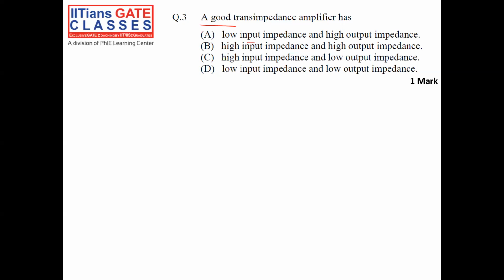Trans means output to input. Impedance means output is voltage, input is current. Okay, so here you understand. Trans means output to input. Impedance means output is voltage, input is current. This is very important. So if we have a trans impedance amplifier, suppose I have a current source,